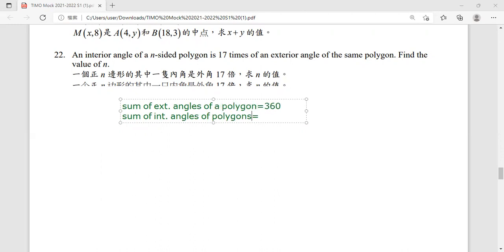Okay, it's a polygon. I can't do it this time. I got it. It's n minus 2 times 180. Okay. So if I have a regular n side polygon, that will be